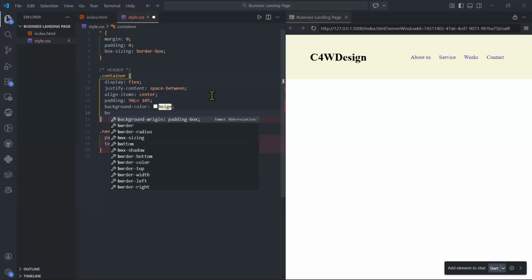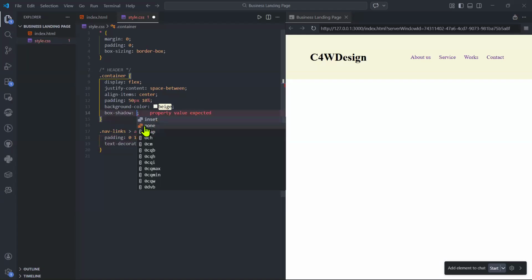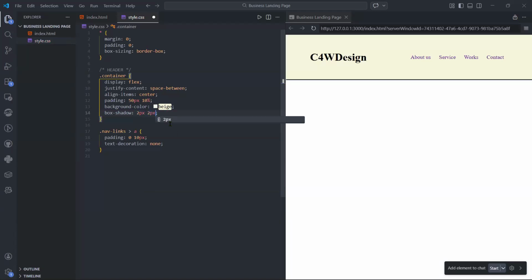You can see box shadow, and then as I told you, we have first the horizontal, the second the vertical, the third the blur, and the last one is the color. Because the last time I told you, the minimum values that we have are the horizontal and the vertical. But the others, we can add them later. So now we can add maybe 2 pixels for the horizontal, 2 pixels